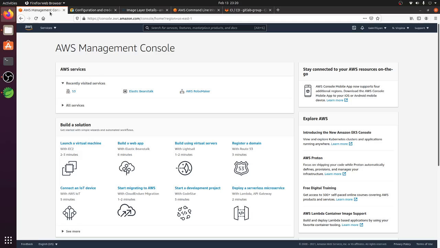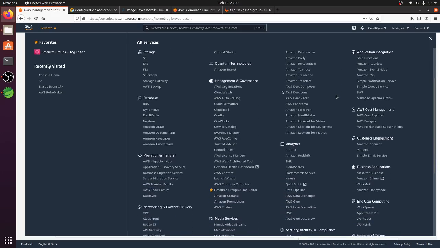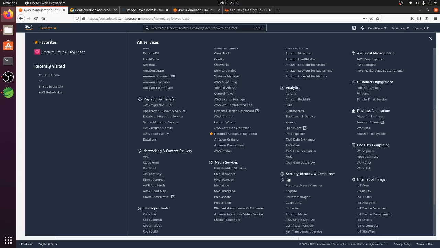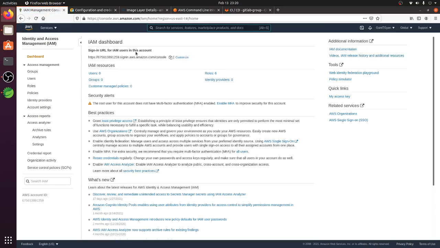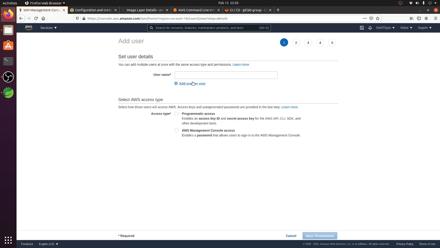So for that, let's go back to our services. In this, you have something called IAM. If you scroll down, there should be something called IAM here under security, identity, and compliance. It is basically identity and access management. Okay, so here what we have to do is under users, add a user, and I'll call this GitLab